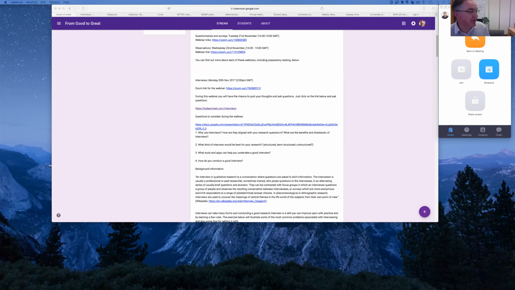One of the things we've suggested in the book, which I've just referred to, is that you think about using some of the apps for recording interviews. And there are different ways in which you can do this. So some apps are simply voice recorders. And I'd strongly recommend that if you're going to undertake interviews, you record the interview. Some people feel that they can make adequate notes and they can write notes down, but in my experience, that's been very difficult. I find it very difficult to make notes during an interview, and so I use a recorder of some sort. I used to use the old tape recorder.